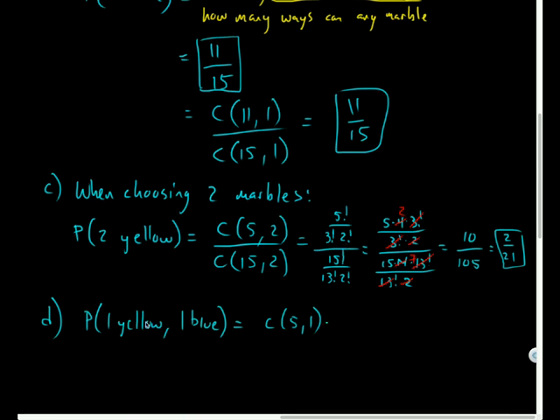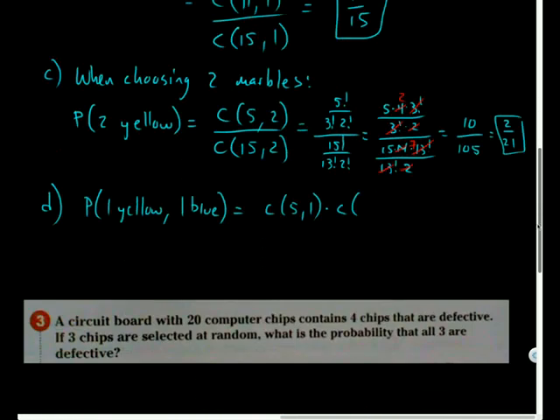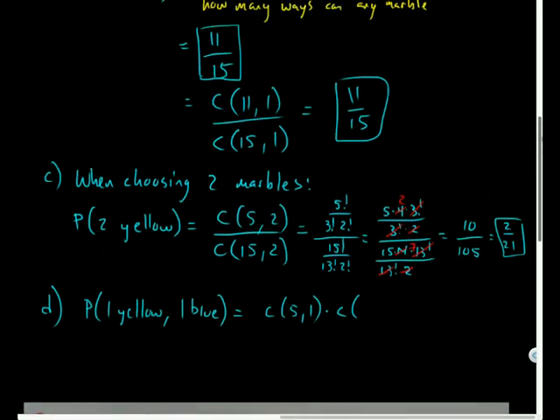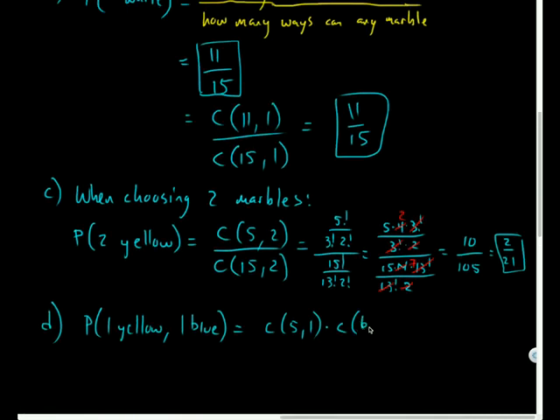And these are independent events from one another, right? There are no fewer blue marbles for the time that I picked that yellow marble. There's still just as many. And how many blue marbles were there? 6. Getting ahead of myself there. So how many ways can I pick 1 of the 6 blue marbles? And then I'd put this, multiplying these, because they're independent events, I can do so.